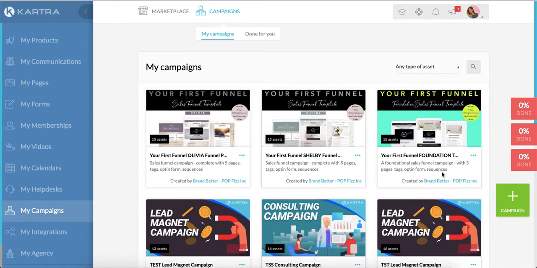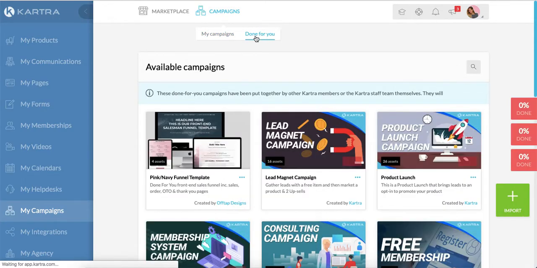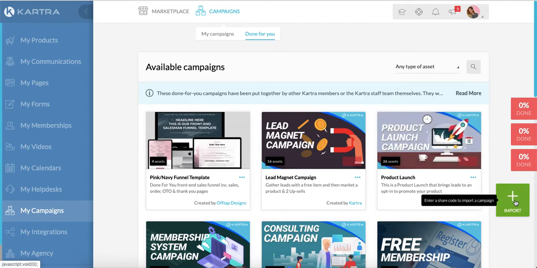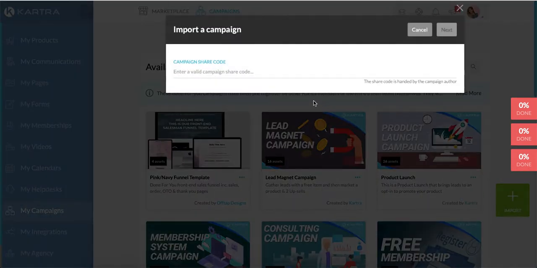Okay, so you can see here some of the campaigns that I offer, and I'm going to use, just for an example, the foundational campaign template, but you could have bought Shelby or Livia or one of the other templates that we have too. So we're going to click on Done for You,